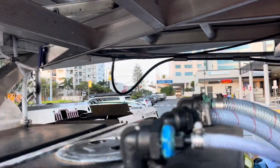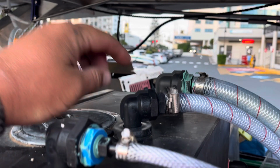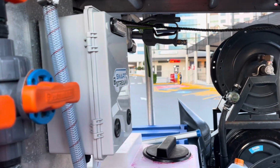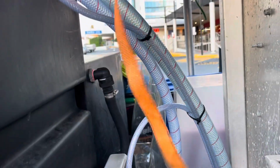So we've got all our drop sticks. We've got 3 drop sticks here, 1 inch, 3/4, and then that one's tapped into the smart stream. So what I got done is,